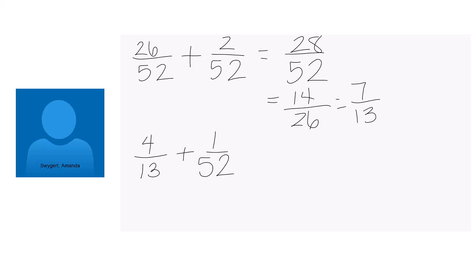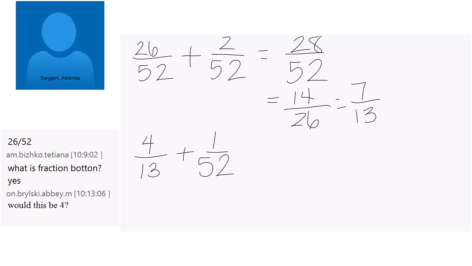Now, you can always try to find the least common denominator, or in general, you can just find a common denominator. It doesn't necessarily have to be the least. Finding the least common denominator makes it a little bit easier. That's all, okay? You'll be dealing with smaller numbers. So if I count by 13s, I will eventually get to 52, which means I could just use 52 as the common denominator for both of them.